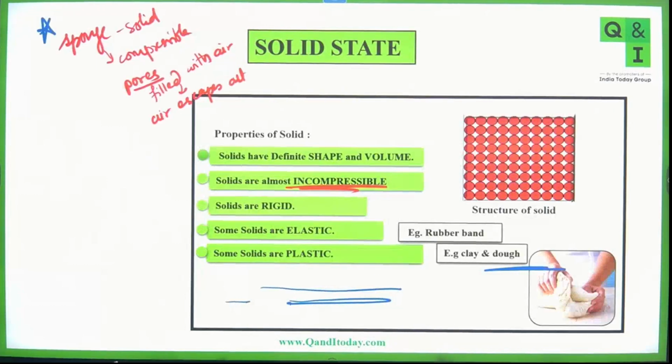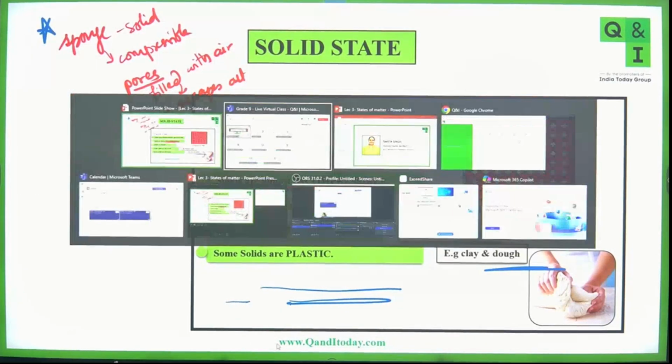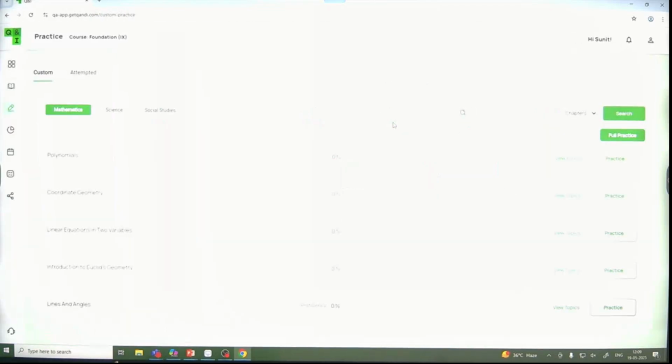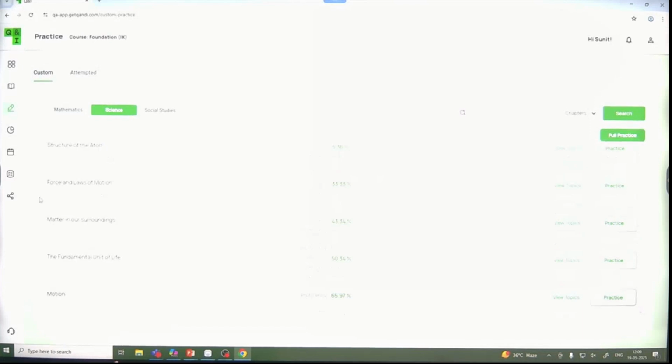So I'll leave here, but now what you have to do, I think you got the login IDs now, or you'll be getting them today. So today you'll go to the class 9th foundation dashboard. Here on the platform, you'll click on the assessment. In this assessment, you'll go to the science section. In science, look for the topic. Your chapter is Matter in Our Surroundings.